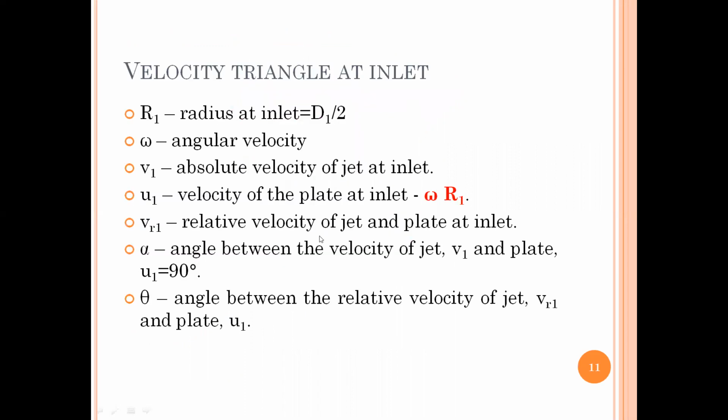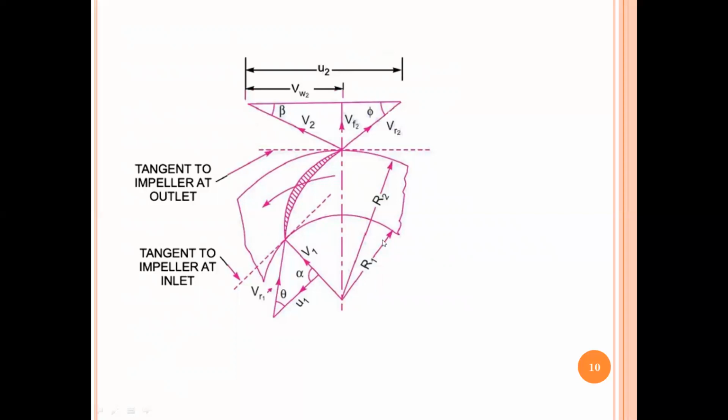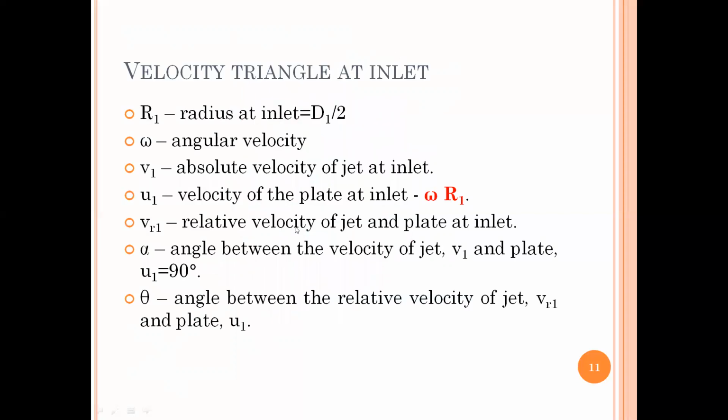Whenever I draw the velocity triangle, it is important to name all your velocities. Since it's a radially curved vane, I'm going to calculate the work done by using the torque. Because I'm using the torque, I'm introducing this term omega, which is the angular velocity. These are all the terms in your velocity triangle itself, V1, U1. Since angular velocity is given, I can write U1 as omega R1, where R1, as I showed you in the figure, is the radius from the center of the impeller to your inlet.